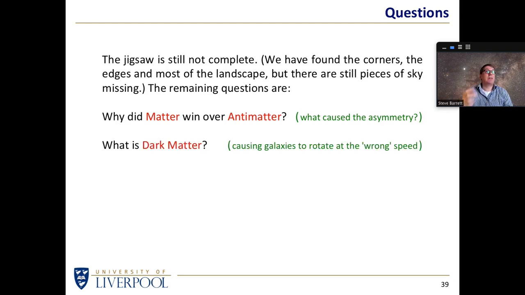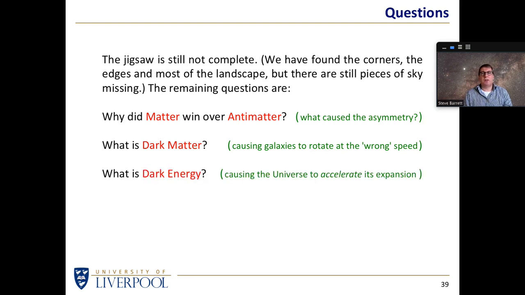I haven't said anything about dark matter. I've been talking about everything that we can see in the universe, all the stars, all the galaxies, all the dust, all the gas. We can't see dark matter, but we believe it's out there because it seems to be causing the galaxies to rotate at the wrong speed, or at least not the speed that we would expect. And what is the deal with dark energy? Why is the expansion of the universe not slowing down, as we would assume under gravity? The expansion of the universe appears to be accelerating. This is something that was only found out 20 or so years ago, and we don't understand why that is.